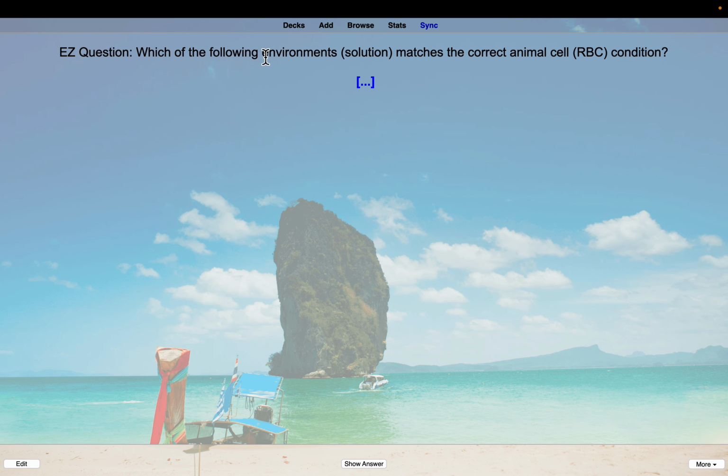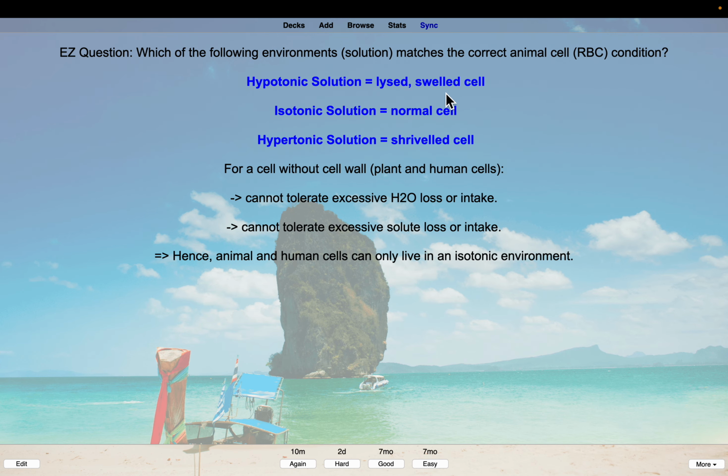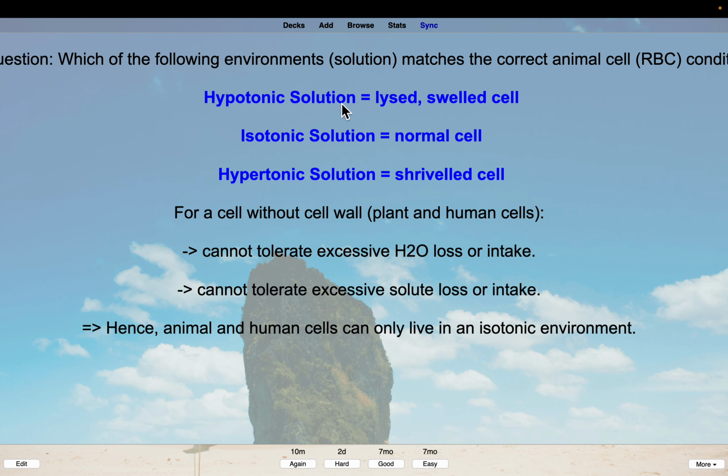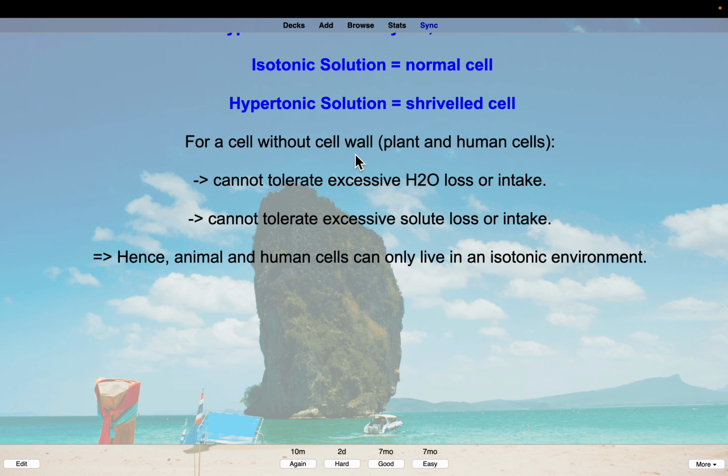Okay, easy question. Which of the following environments matches the correct animal or red blood cell condition? This card is a little broken, actually. The question doesn't make sense with what's provided. After pressing the spacebar, you already see everything. Anyways, this has already been mentioned earlier. I won't